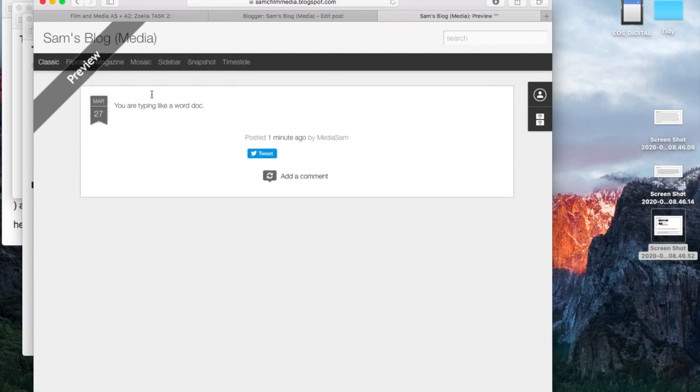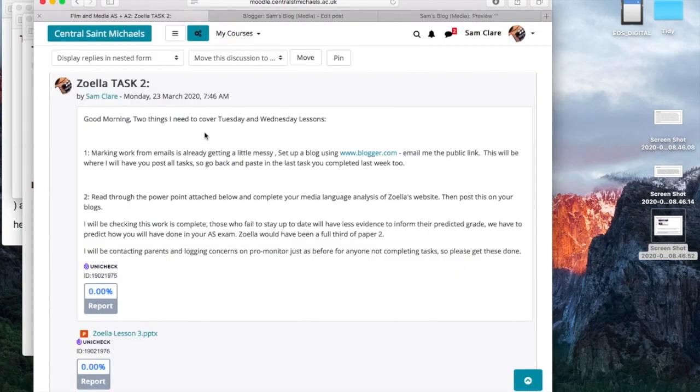There you go, there's my post, here's my page, and I can access that whenever, and I can just check you're doing the work. I can leave you a quick comment if anything's not quite right. It makes life so much easier for me and for you actually, because everything's in one place when you come to revise it. Right, so we go back to the tasks.